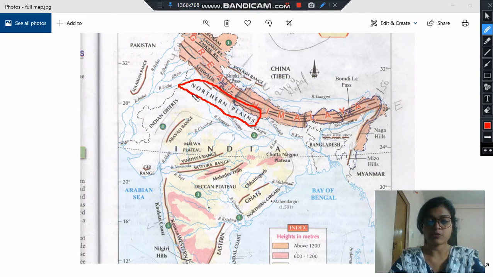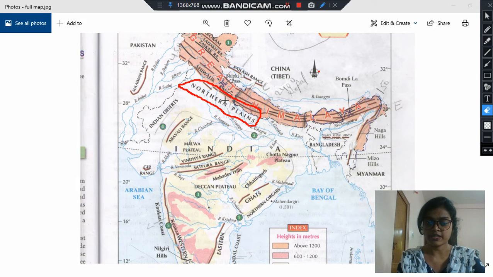And northern plains provide many raw materials for the industrial goods as well, because many of the industries are agro based industries, the industries that depend upon agriculture for their raw material. Those industries are provided raw material by northern plain areas, because northern plains are very fertile area, and they are very important for